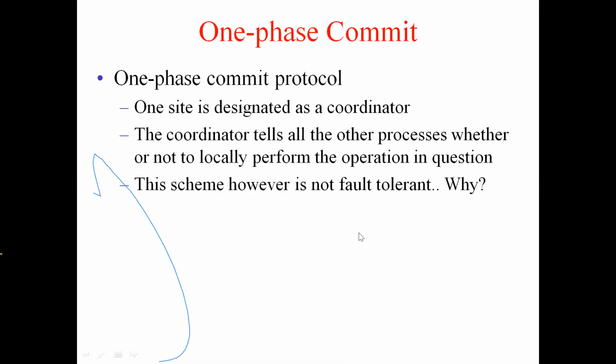Yes. Okay. So now, from this simple idea, we can see that there is a need for the coordinator to ask the other processes whether they can commit or not. What is the problem here? That this is one directional. The coordinator is telling all the other processes commit, but it has not asked for their completion, whether you have been able to complete or you have not been able to complete. That is why this is not fault tolerant.